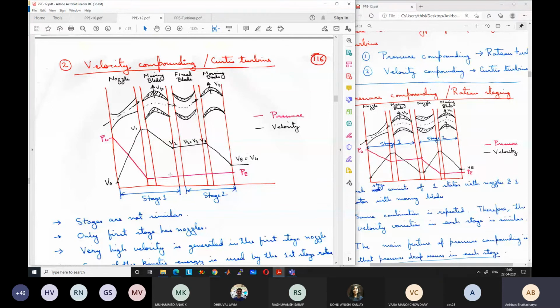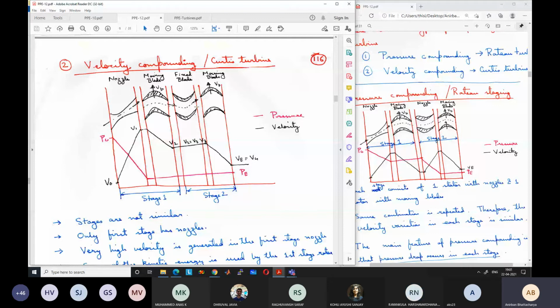Now in the second stage, we don't have any nozzle. For all the subsequent stages, we don't have any nozzle. We have something known as fixed blades. What is the difference between nozzles and fixed blades? In fixed blades, the passage area does not change. The area for the flow does not change from one side to the other, so there is no nozzle-like effect and no acceleration of flow. Whatever the inlet velocity at the inlet of the fixed blade, it is equal to the outlet velocity at the exit of the fixed blade. So the absolute velocity remains constant throughout the length of the fixed blade.